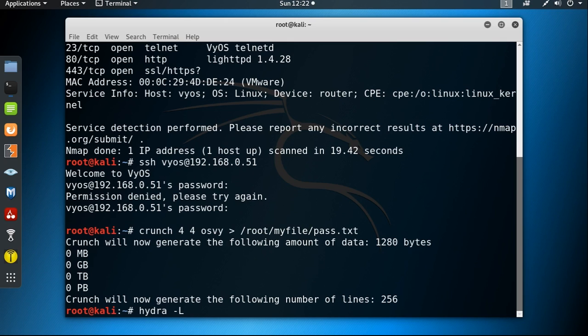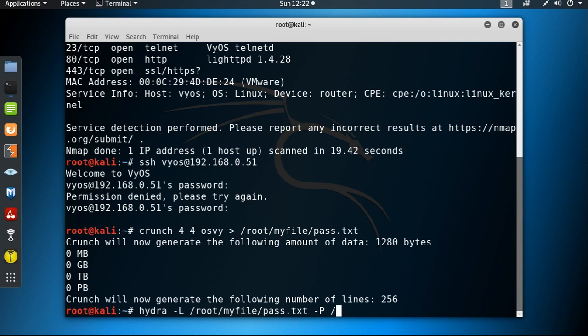So I'm using the same dictionary for username and password. It's under root, then my file, then pass.txt, then dash capital P to provide the dictionary.